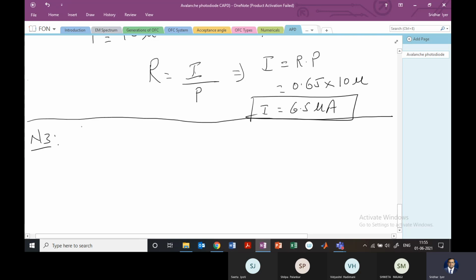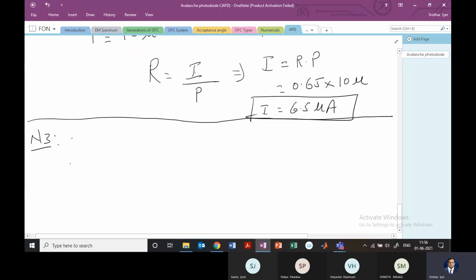Let me just check. Okay, we can solve this one. There's some information which is relevant and some irrelevant; we'll have to find out. So I'll just write the question. The question is long, but the solution is very simple.